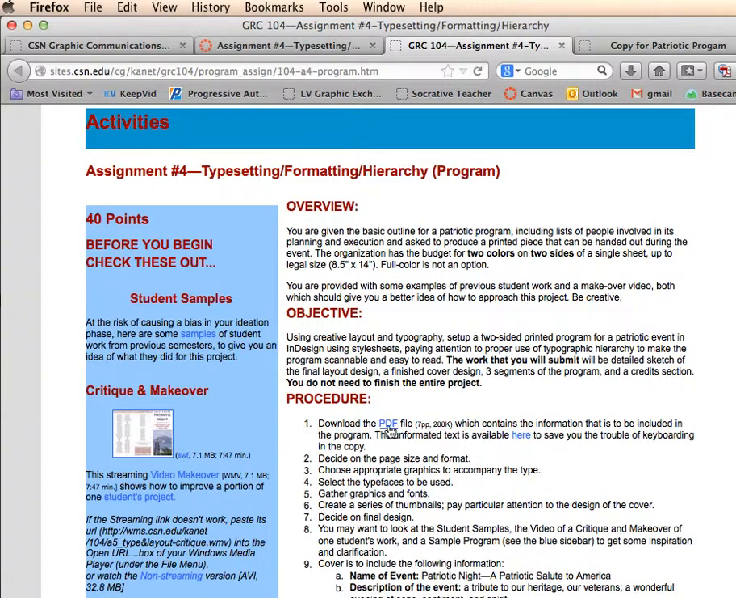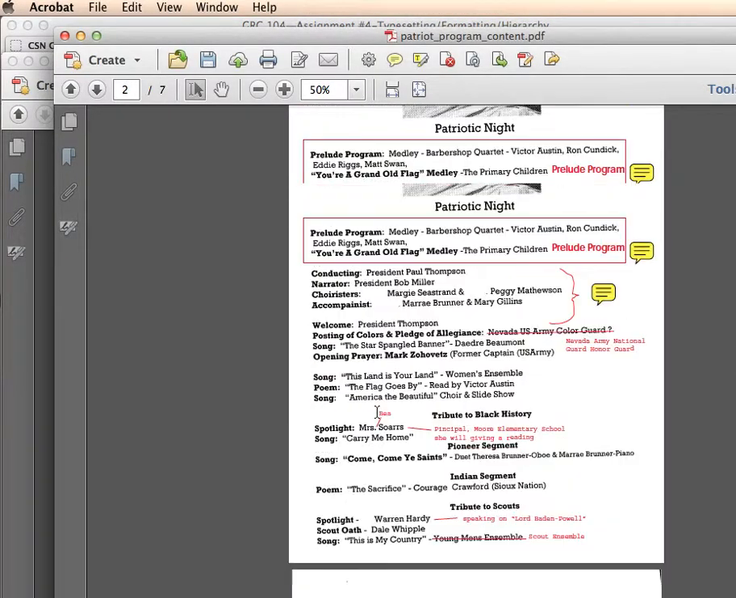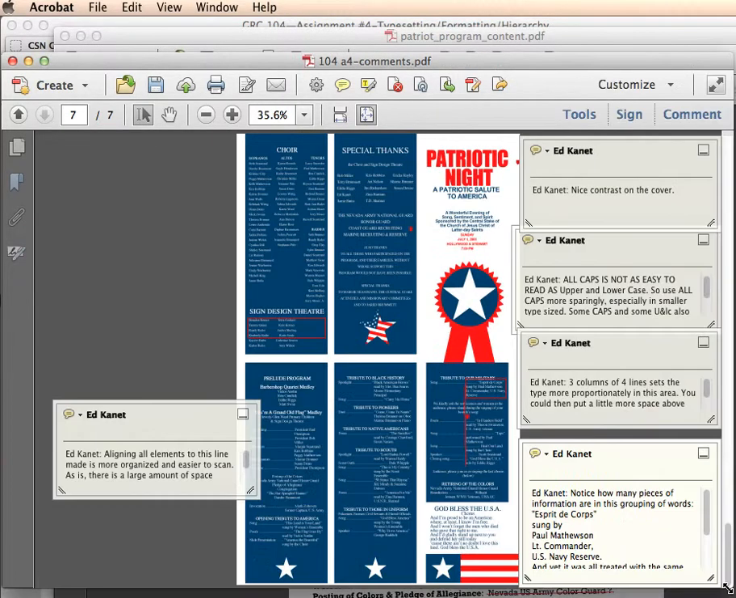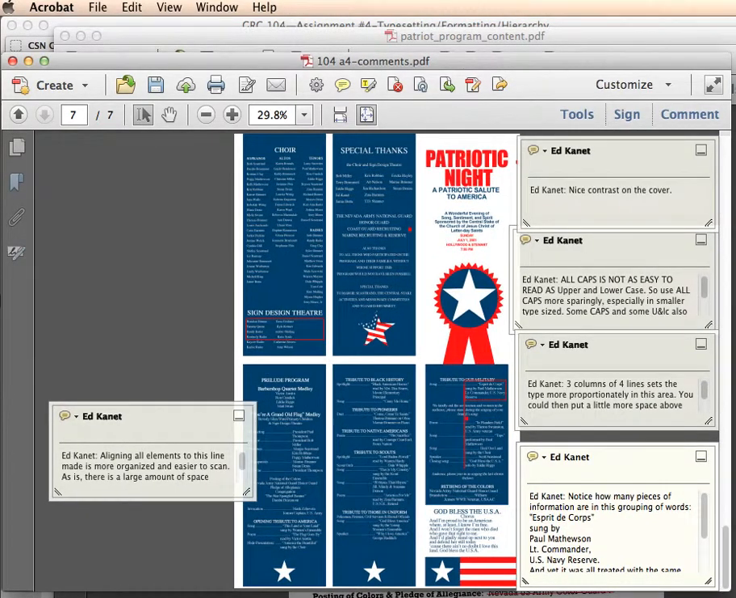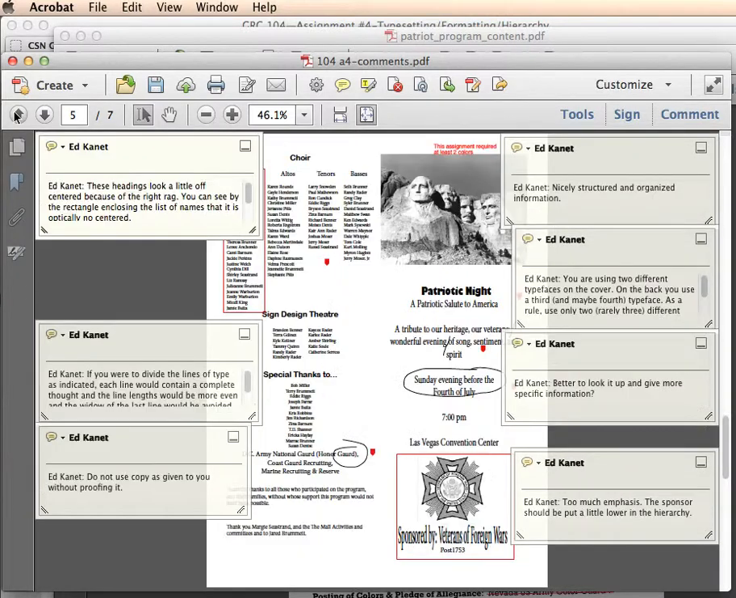And right here you can download a PDF file that will take you to some examples of what students have done plus my comments. It would be to your benefit to go through and take a look at the work and read my comments. There's some layout, typography comments here. There are some formatting comments, all of which will be beneficial to you as you plan out how you're going to